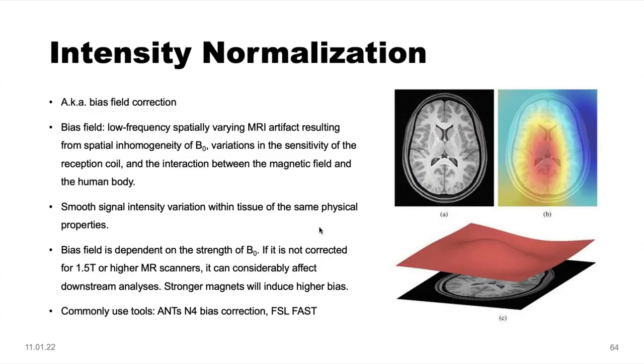So for the first part, the intensity normalization, it's also called bias field correction. The bias field is an artifact resulting from inhomogeneities of the magnetic field applied in the scanner. There are variations in the sensitivity of the signal, and the human body is interacting with this magnetic field that is applied in the scanner. So if we get an image, it can be distorted by this inhomogeneity of the